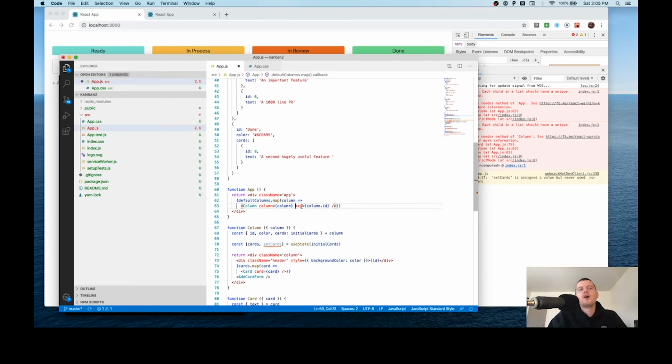And the reason for this is React needs to do some bookkeeping. I'm not going to go into more detail on that, but you don't really need to think too much about it 90% of the time, 95% of the time. You just put the ID of the thing you're mapping over or anything that's unique. You can even, at a pinch,